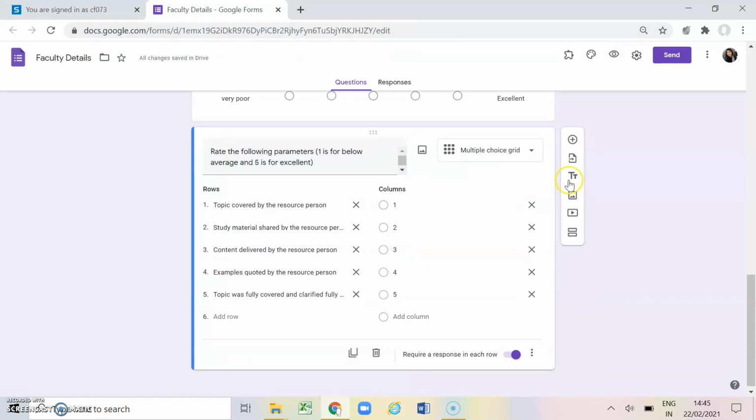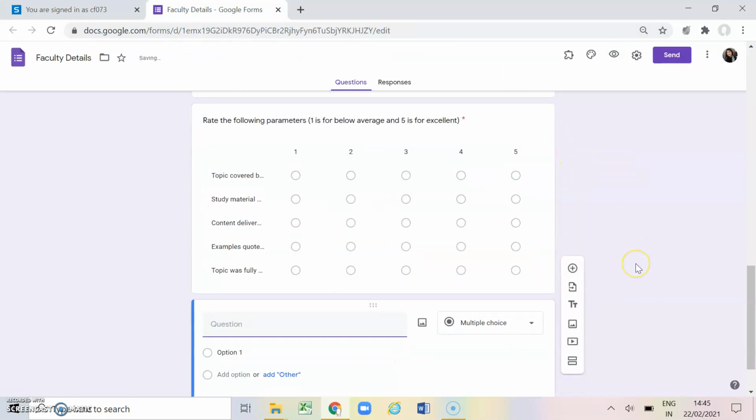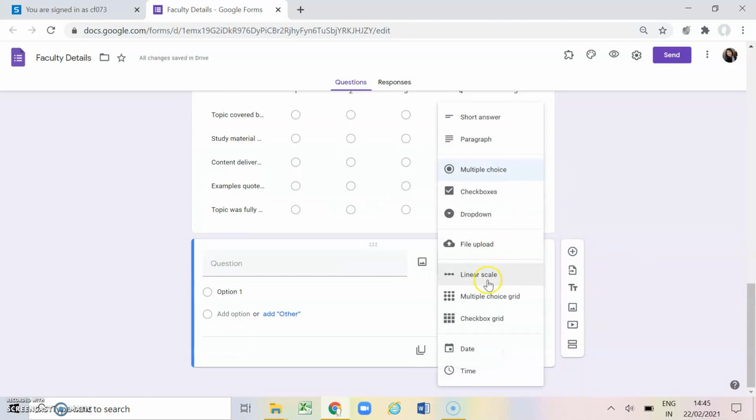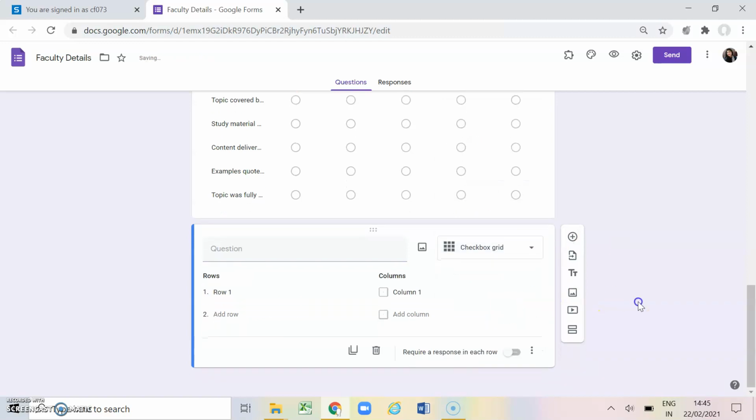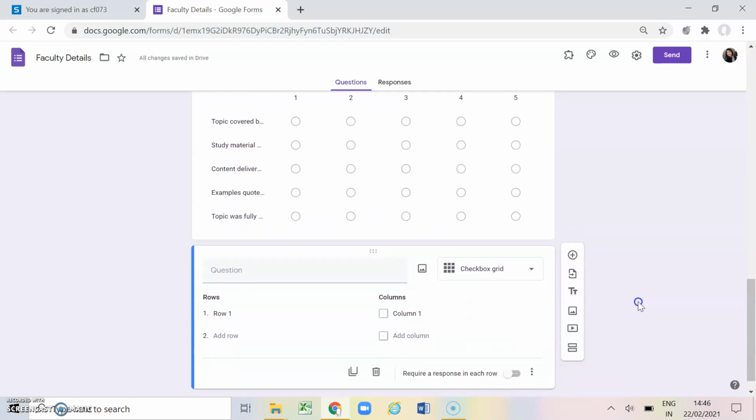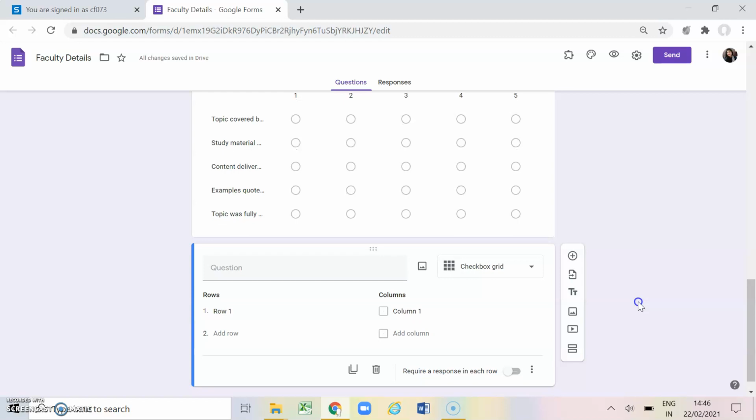Now coming on to another question, adding a new question. And this time we are going to checkbox grid. So again, as I have told you earlier also, a checkbox gives us an opportunity to click on more than one option. So it is an extension of the multiple choice grid, where we can click only on one option. In a checkbox grid, multiple questions will be there in one question, and we can click on more than one option, like